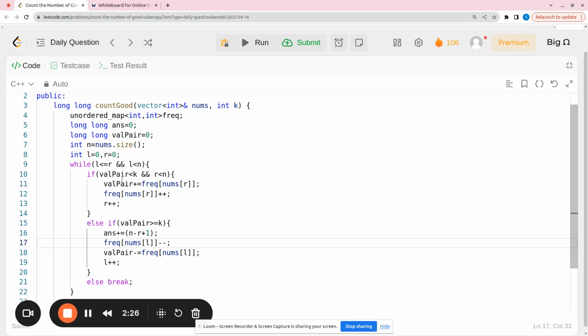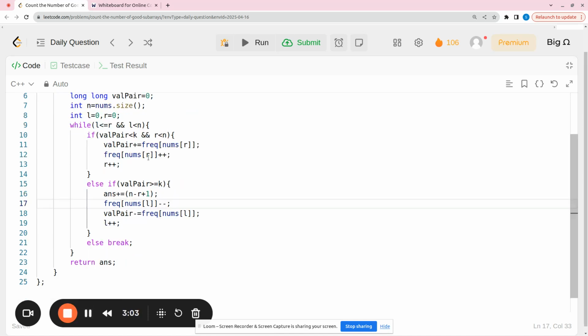So if the count of valid pairs is less than k, that means we need to add some more elements so that we can make the count of valid pairs equal to or greater than k. So what we'll do, we'll first find the frequency of the element that we are going to add. Suppose its frequency is f. So the element we are going to add can make a valid pair with each of these f elements. So the count of valid pairs will also increase by f. Now we are also adding that element to our current subarray, so we are incrementing its frequency by 1